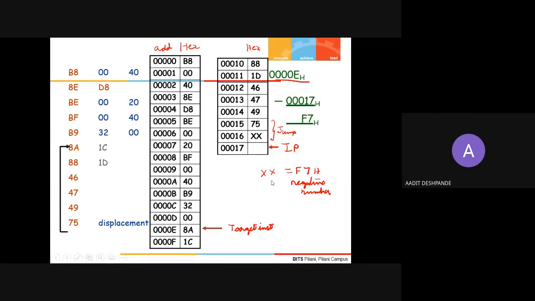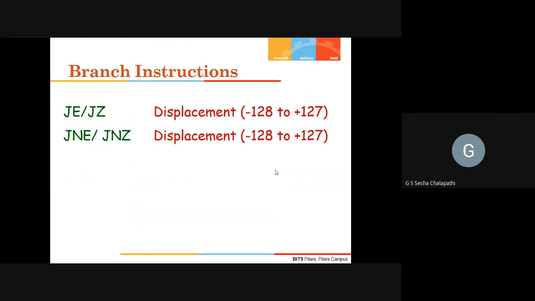This is what is known as a short jump instruction. Okay, there will be near jumps and far jumps. This is a near jump instruction. The displacement in the near jump instruction will be minus 128 to 127.